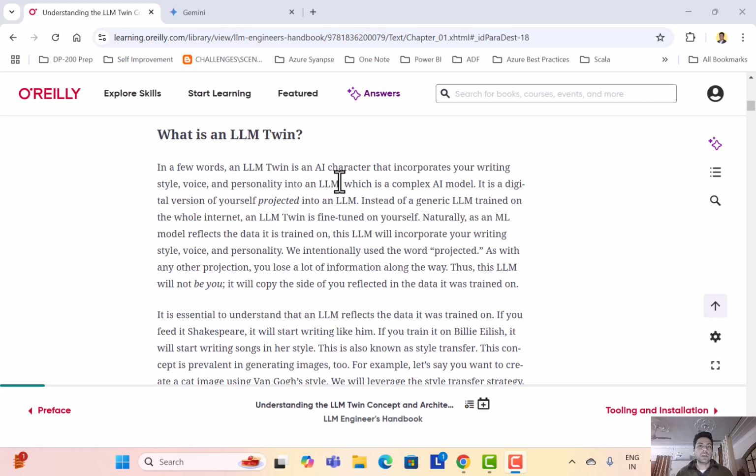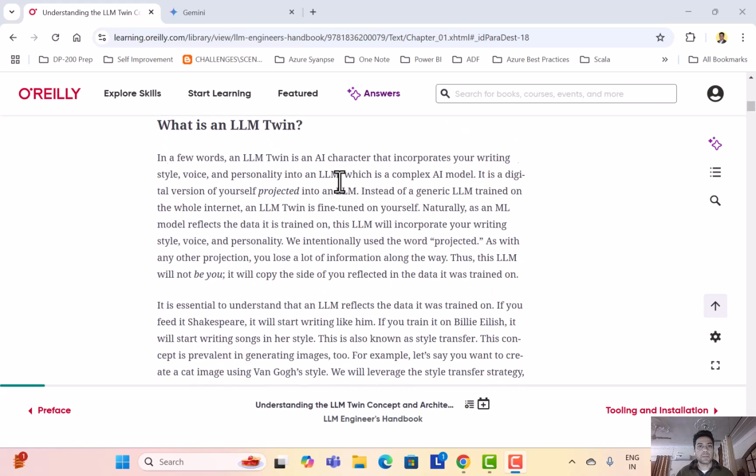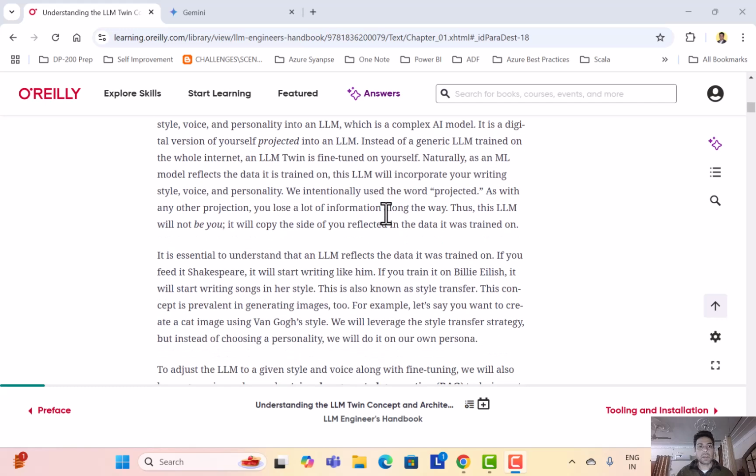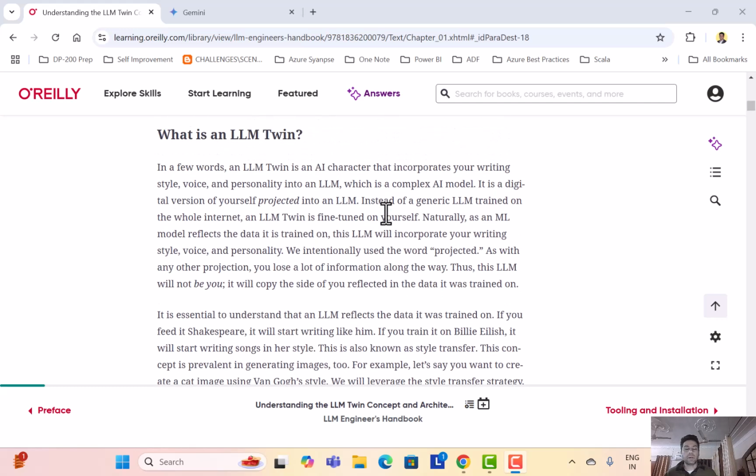You can use this LLM twin maybe when you are writing on any website, or blogging on certain things. There could be various aspects of it. But keep in mind, an LLM twin is not limited to just the writing part of it. You have the voice capabilities as well.